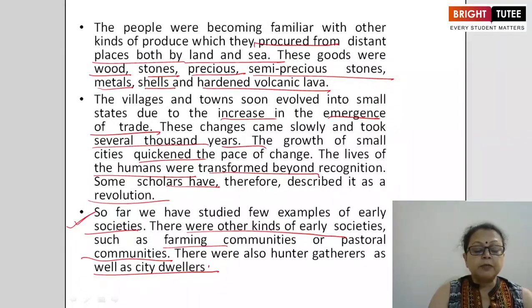The first theme is the beginning of time, and the second theme is about writing and city life. Inside these two chapters, we have to study the gradual development in human life. So this is all about this introduction. Now we will proceed with the first chapter from the beginning of the